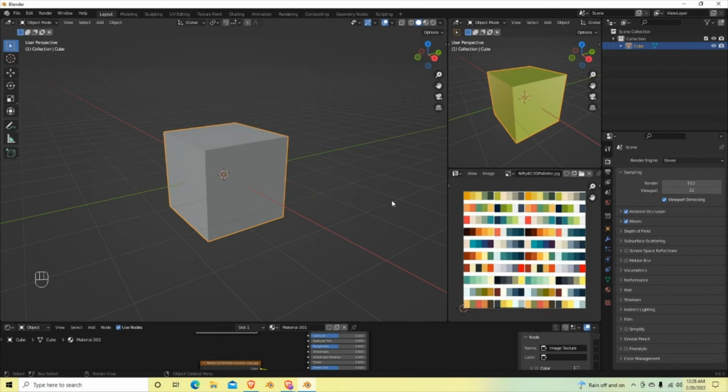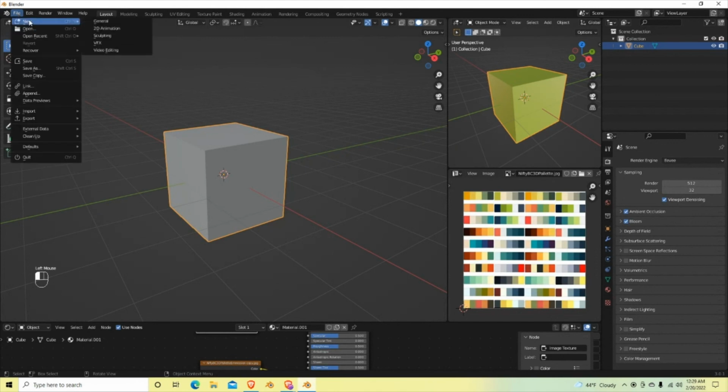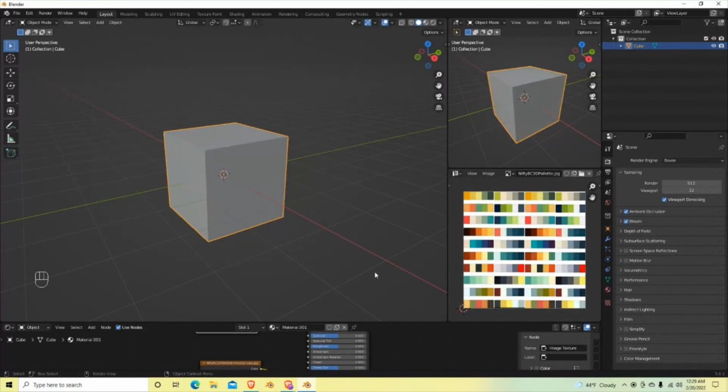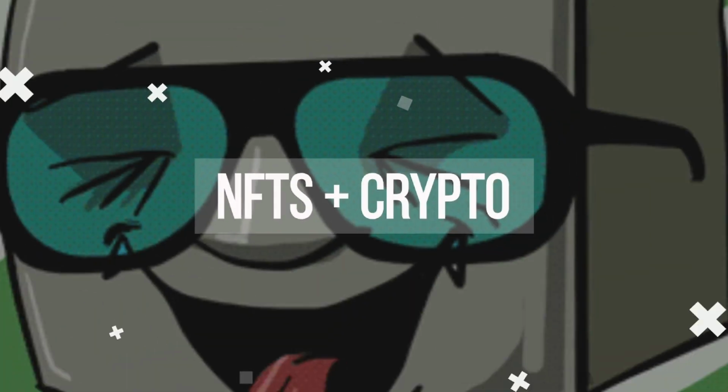So let's do a quick basic model of, let's say, a little apartment building. Let's make a little apartment building really quick. It's going to be super easy and super fast. And I'll show you some basics to get going. So we have our new startup scene. And like I said, if you wanted to check out how that works, we can now just go ahead and go new. And it's going to ask you, do you want to save it? Hit don't save. Watch what happens. Boom. It's right back to where it was. All right, guys. So